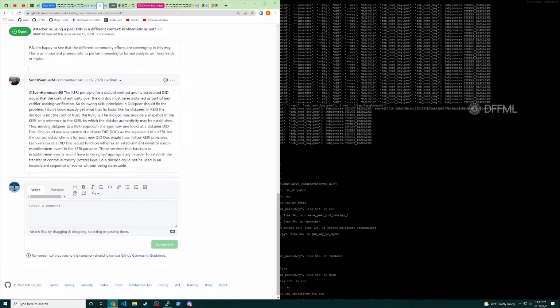The KERI principle for a DID method and its associated DID doc is that the control authority over the DID doc must be established as part of any verifier's syncing verification. So following KERI,